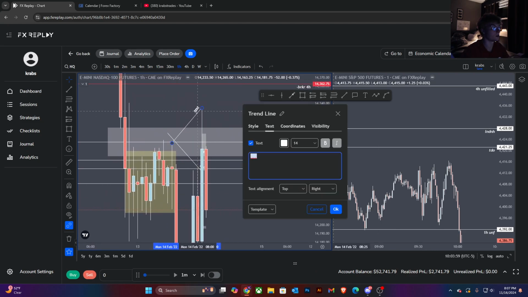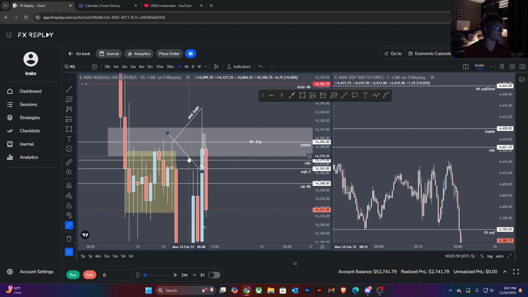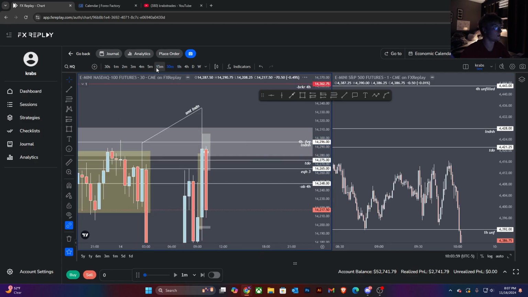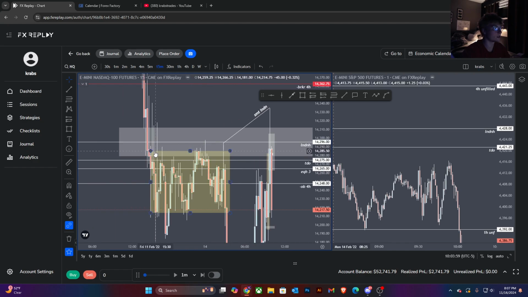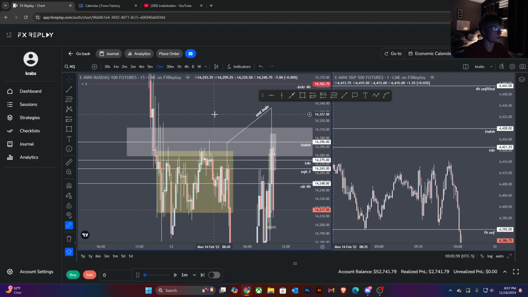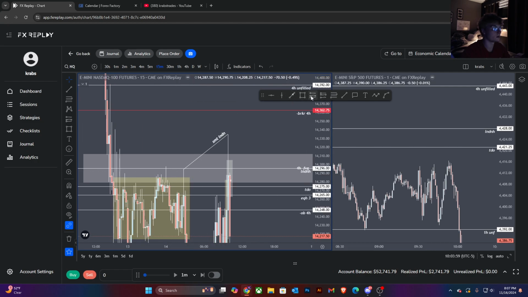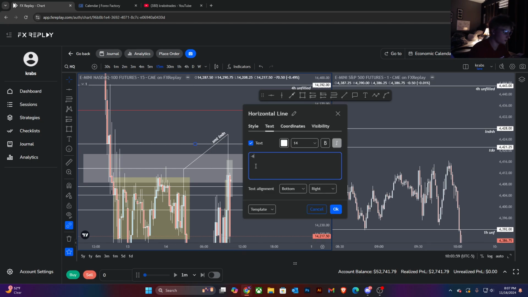Nice SMT with London high. Also, we completed this LRL run of this kind of stacked liquidity here. These highs I wanted to see get ran. Took out accumulation highs as well. SMT. Delivery from order block here. So yeah, shorts look good. I think we're good to sell off.